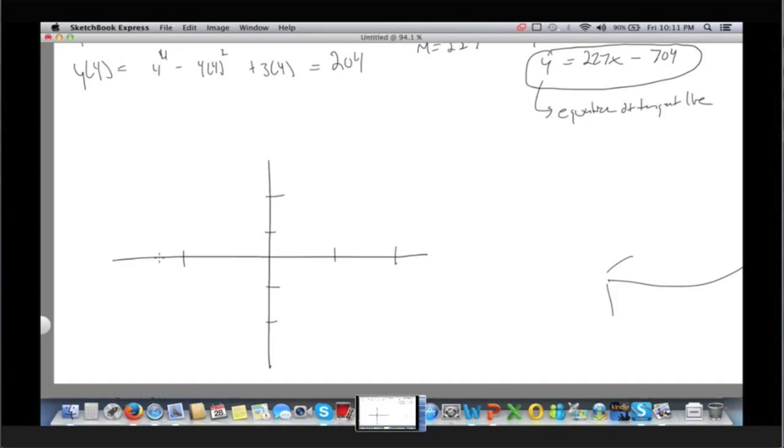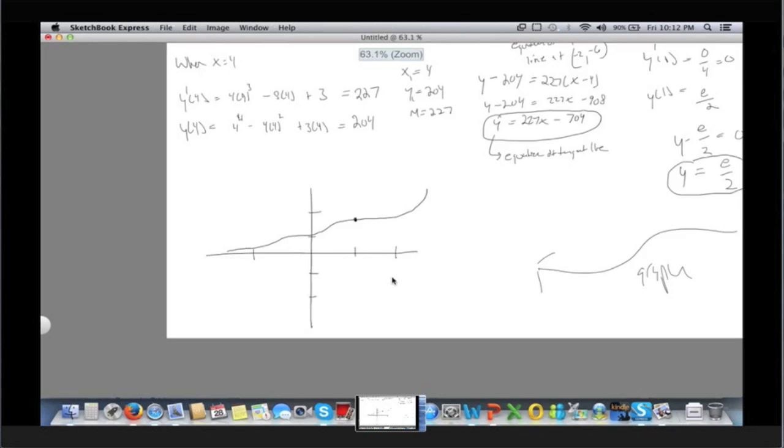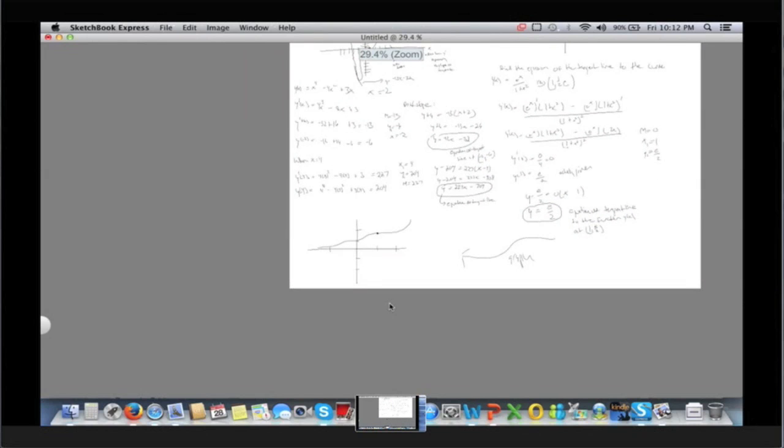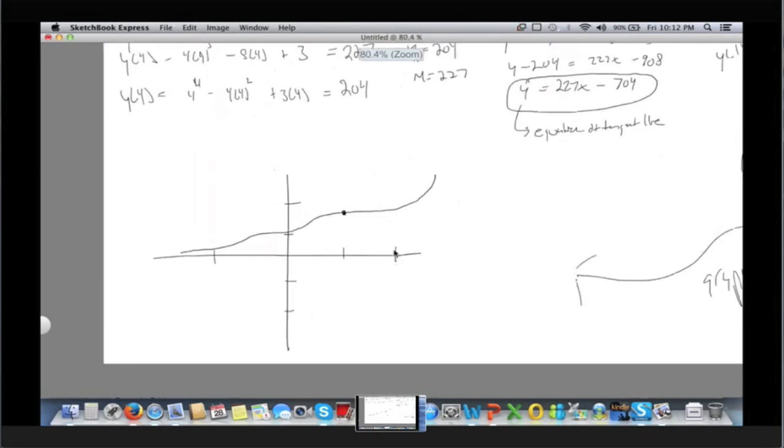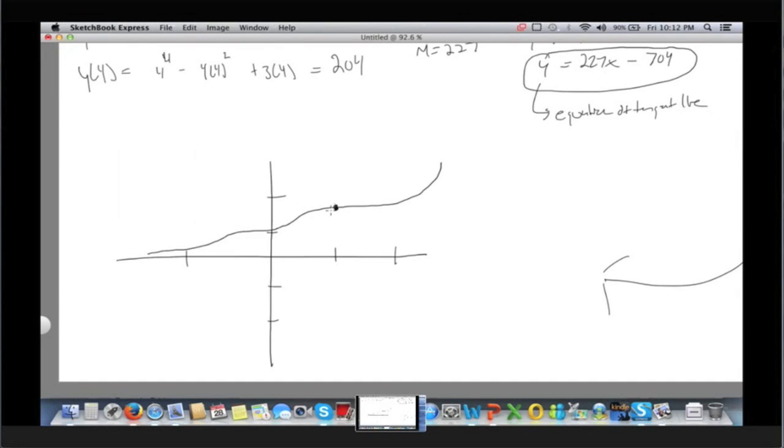Okay, so, and then our slope was actually 0, so we're gonna get